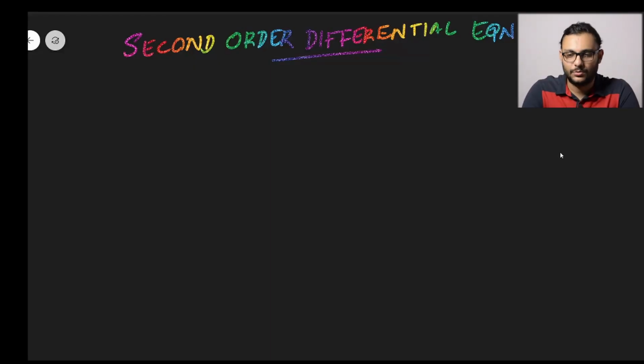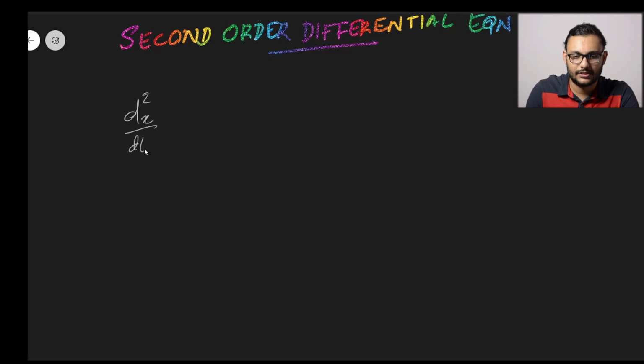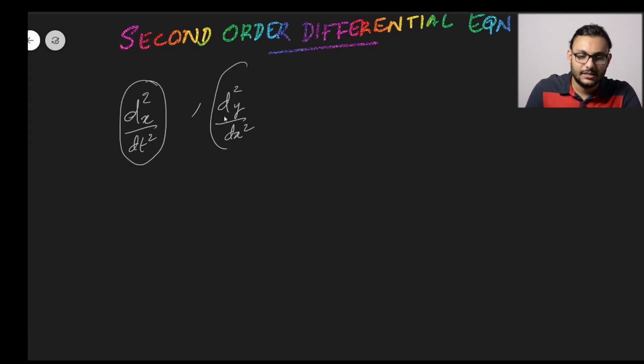Second order differential equations. As we all know, we already discussed the order and degree of differential equations. So in second order differential equations, we can identify this type by seeing terms such as d square x by dt square or d square y by dx square and so on. We are only dealing with linear second order differential equations. So the main category we are discussing is linear